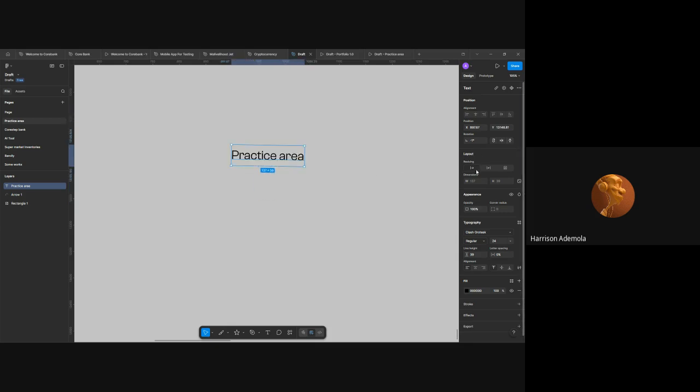So moving on, we have the layout, right? For this layout, we have resizing. Sometimes when you want to write a particular text in a particular box like this, that means you don't want it to pass this box. So if I continue writing something, it will break. Let's say I want to write practice area for